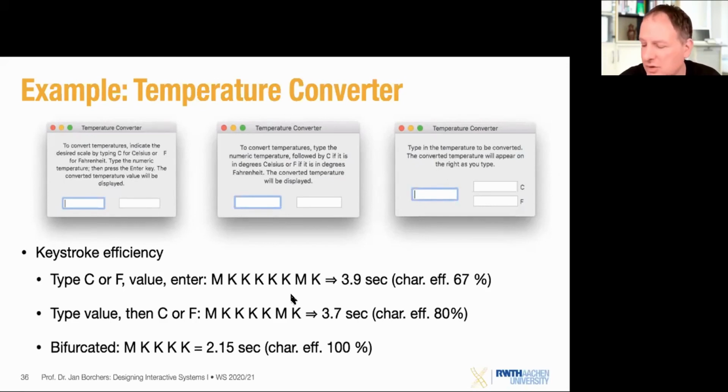I don't need to reach to my mouse to select Celsius or Fahrenheit. I don't need to type a C or an F. I don't need to type enter. It just works, right? It's as short as possible. And somebody who needs to do a lot of conversion would probably really like that. However, we do run into a couple issues. For example,